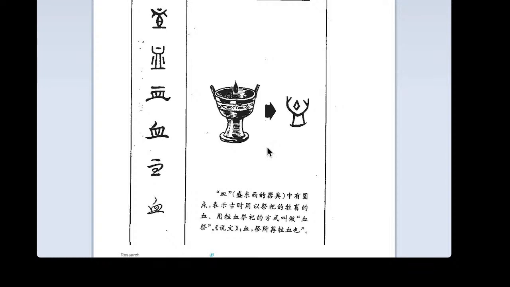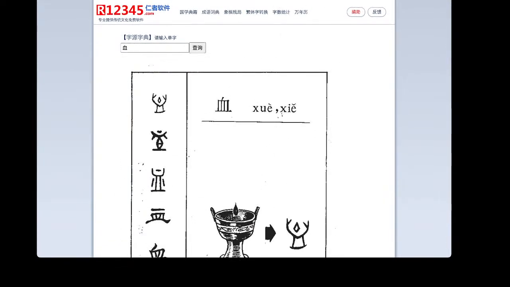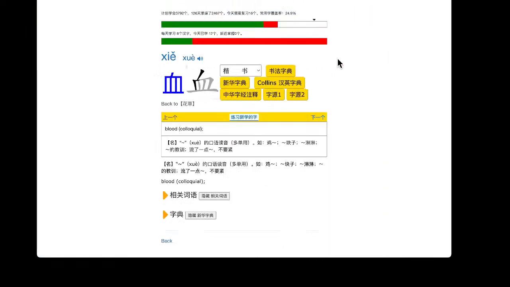Okay, so this is how the character 血 was built. Next one,